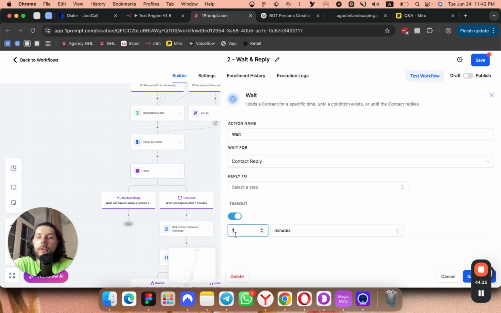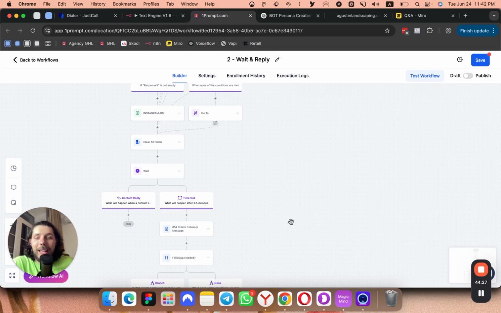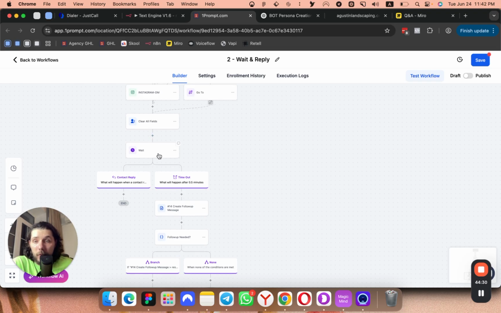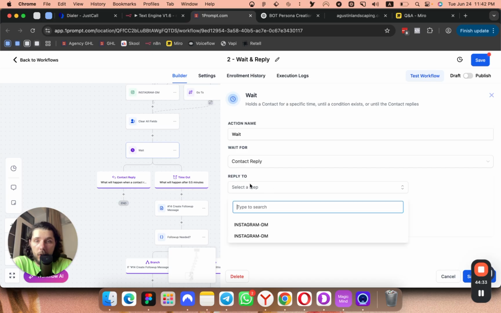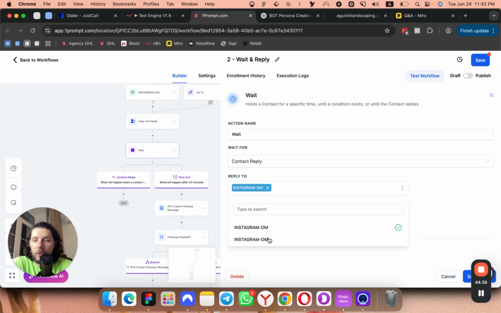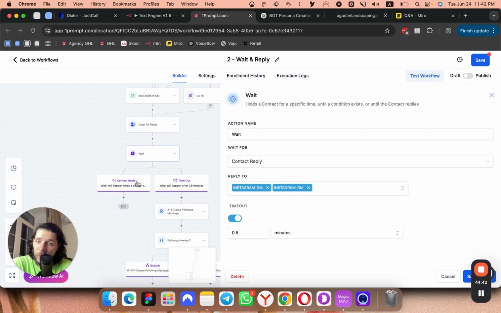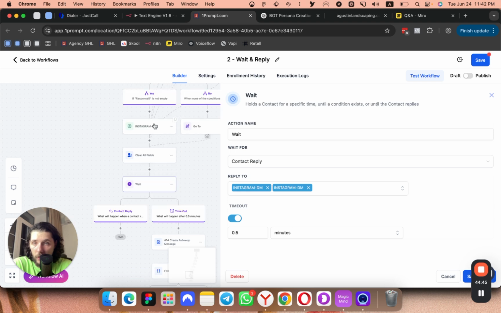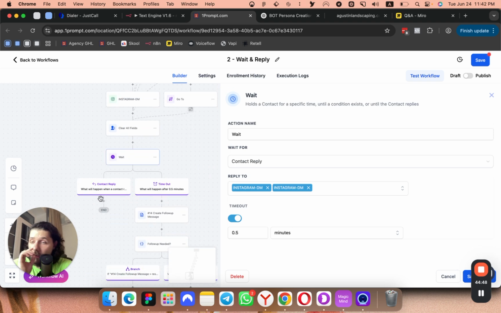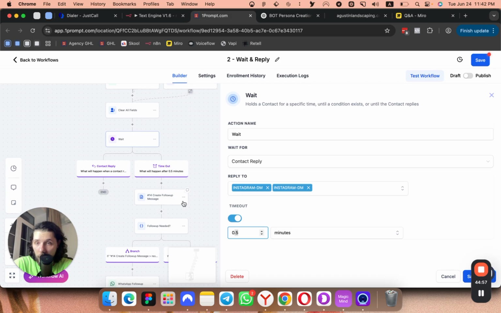So here we wait for, let's say, 1 minute, but usually you would wait for like 12 hours or 1 day. So let's wait for actually 0.5. So let's wait for 30 seconds. And then we wait here to the reply. So until the user replies to one of these messages, right? So if the user did reply to, let's say, one of these Instagram messages, sure, nothing's going to happen. But if the person didn't reply, in our case, in 0.5 minutes, in 30 seconds, or in 1 day,